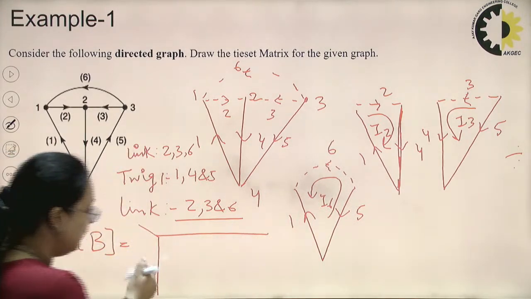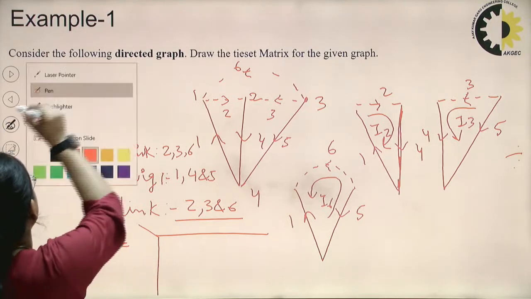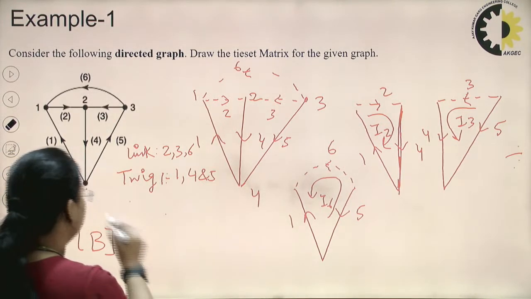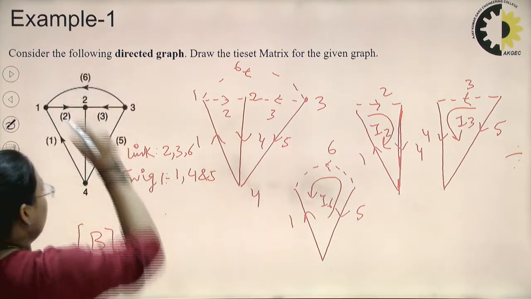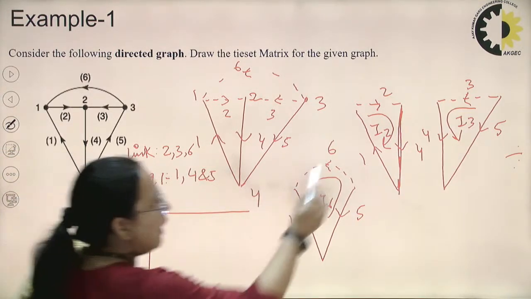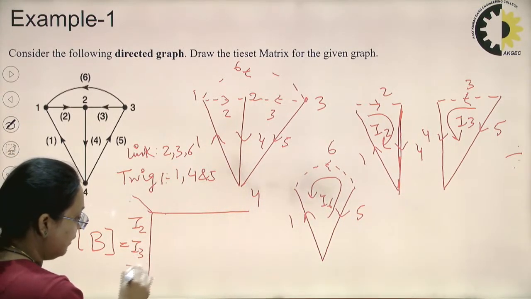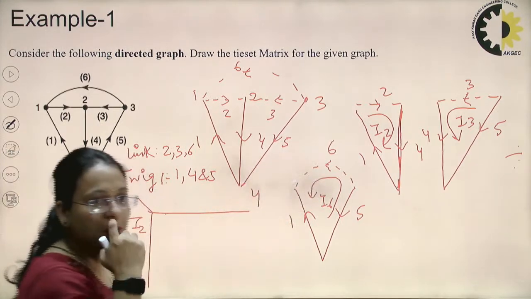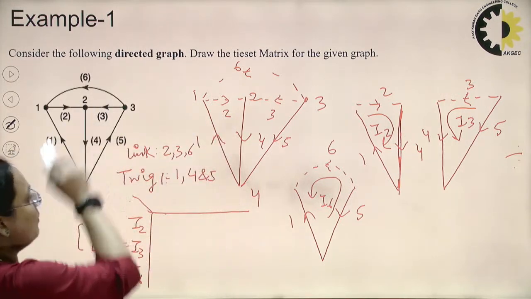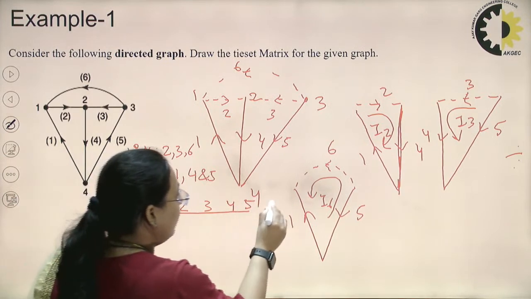So in this side, I write down the names of the links, ठीक है। There are 3 links ना, तो I'll write down I2, I3 and I6, जो भी करंट हमने फ्लो कराया है इन तीनों में, I'll write down these names, and जितनी भी टोटल ब्रांचेस थी, there are total 6 branches, तो number of branches will be written here 1, 2, 3, 4, 5 and this is 6, ठीक है।